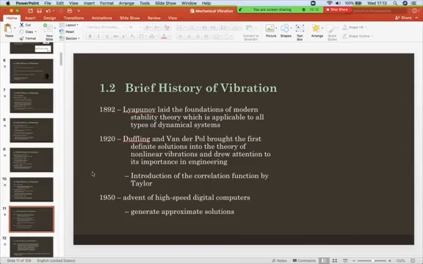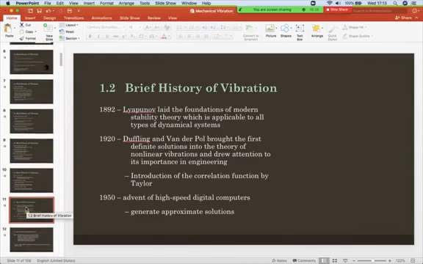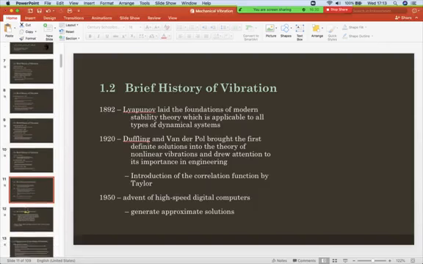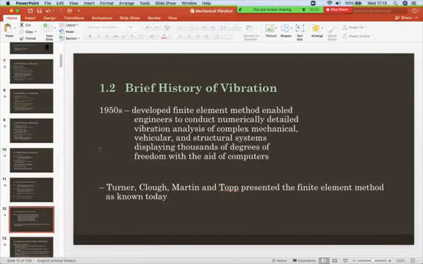Introduction of the correlation function by Taylor. In 1950, the advent of high-speed digital computers generated approximate solutions. Even high-speed computers are also related to vibration, no? So in the 1950s, the finite element method (FEM) was developed, no? It enabled engineers to conduct numerical, detailed vibration analysis. So this is